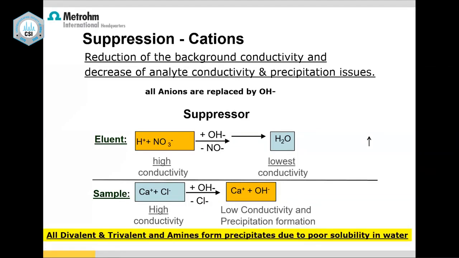So basically, even if you say I am doing only sodium analysis, not a problem, I use a suppressor, but you are unaware that iron is present in that sample. So iron hydroxide will choke your suppressor and it is gone. And please note, the suppressor is basically a consumable for any IC system. And do you want to buy a suppressor for cations every 3 months? It will be a big mistake. So definitely it is not preferable.